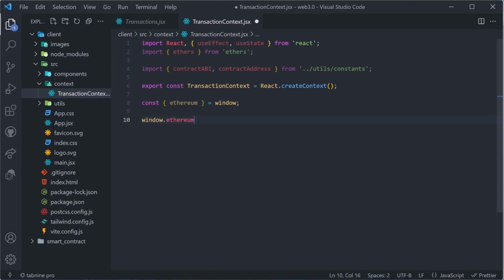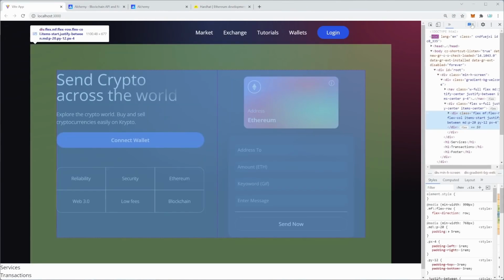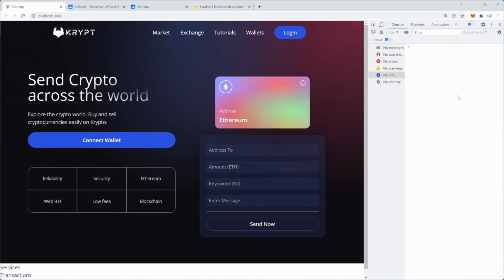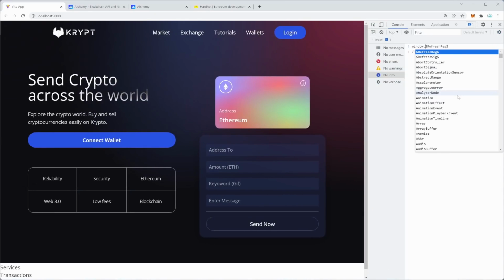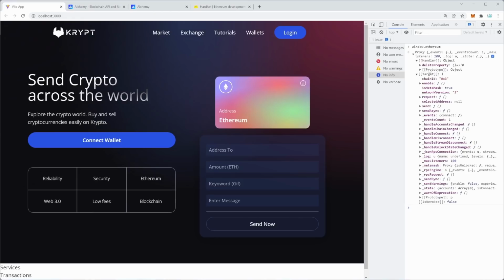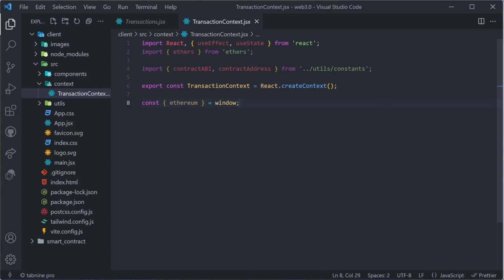And that is one really interesting thing. If we go back to our browser, go to inspect, and then open up the console right here, and go to info, we can try typing window.ethereum. And would you look at that? There is an entire object that's going to allow us to handle our Ethereum and blockchain relation. And all of this is here only due to the fact that we installed and set up MetaMask. Okay, now we know that we have our contract ABI, contract address, Ethereum window object, and we are ready to